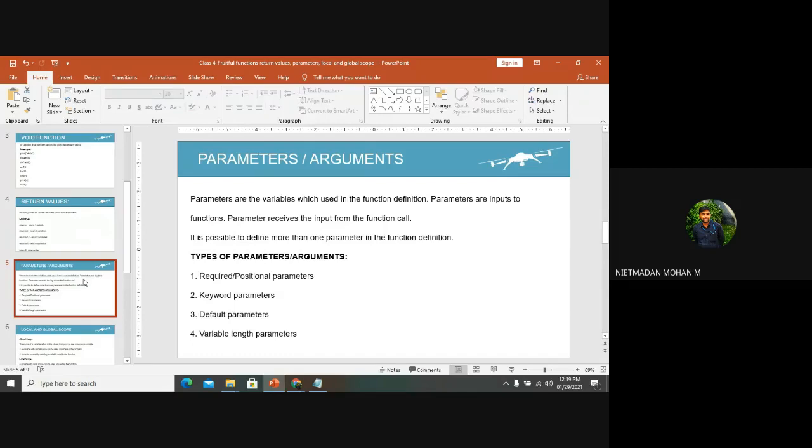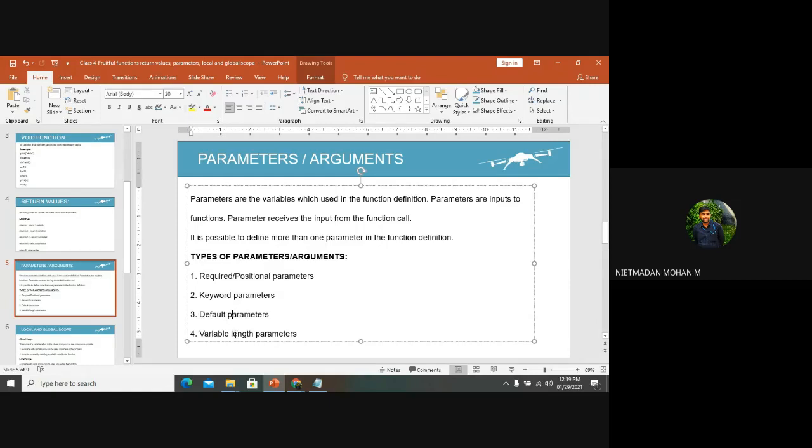And we have discussed the parameters and arguments, right? Positional parameter, keyword parameter, default parameter, variable parameter. I will share the second unit slides with you. You go with that, and these four topics have been discussed, and example problems were also discussed. That is known as parameters and arguments, how we pass those parameters and arguments in a function. It may be a default parameter, keyword parameter, positional parameter, or a variable length parameter. These four types were discussed in the previous unit itself, so kindly refer to the previous unit for this topic.